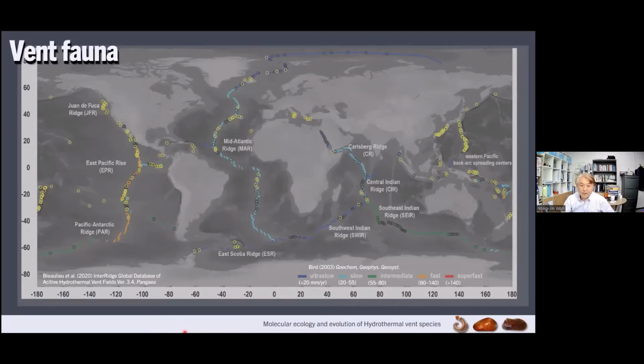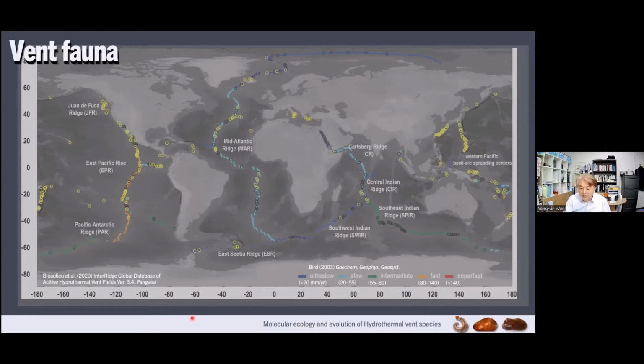If we look at this line of mid-ocean ridge, you will see that it is marked with different colors, as shown here. Blue is ultra-slow and red is super-fast spreading rates. So we can see that the mid-ocean ridge system has various spreading rates. According to this rate, I think the geologic events would be different, and probably the habitat features will also be different because of this primary geologic